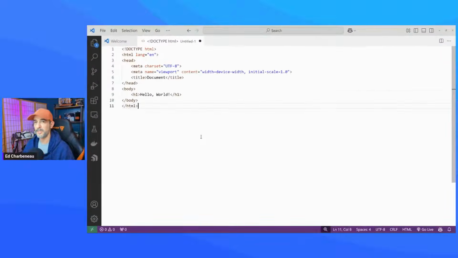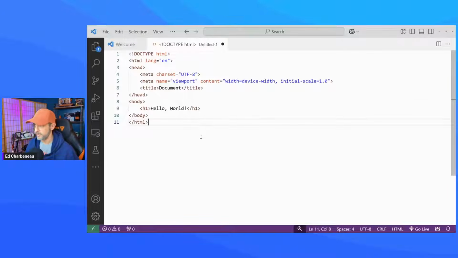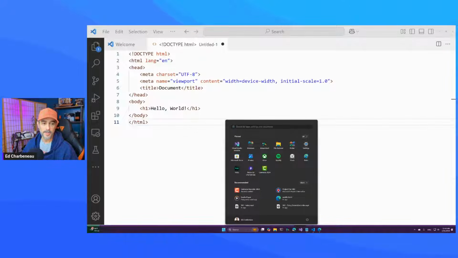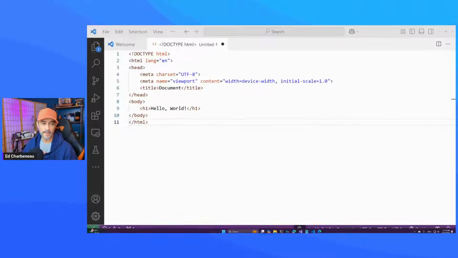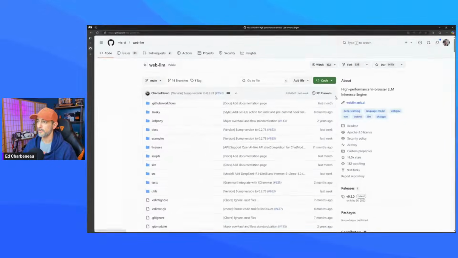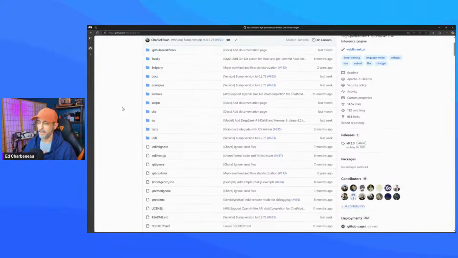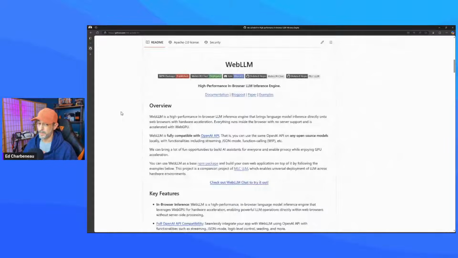Now, we are going to be cheating just a little bit when I say we're not going to use any infrastructure or anything like that. We are not, but we are going to use a framework. There is a machine learning Web LLM framework, for running large language model inference engines in your browser. You can find it at MLC-AI on GitHub, and I'm using the Web LLM project. We don't really have to do a whole lot to get this running. This is a really cool tool that you can use to run large language models directly in your browser, and